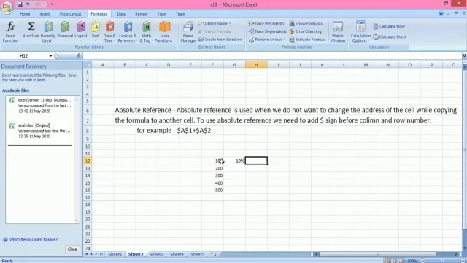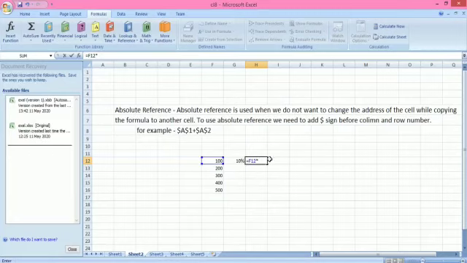If I want 10% of all these numbers, it means we want to fix these 10% in each cell. So how will we use this? First give the equal to sign, then select the first one, which is F12, and then give the multiplication sign, and then this cell, G12.